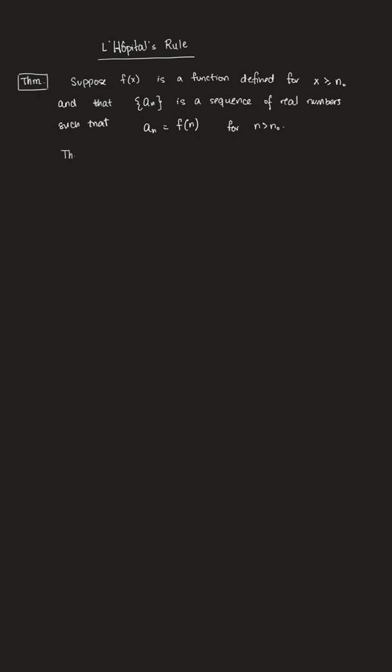Then if the limit of the function as x approaches infinity is some value L, then the limit of the sequence will be the same, right? So in other words, I have a function and a sequence that agree after a certain point, their values agree with each other. Then if I take the limit of the function, that will be the same as the limit of the sequence. For example,